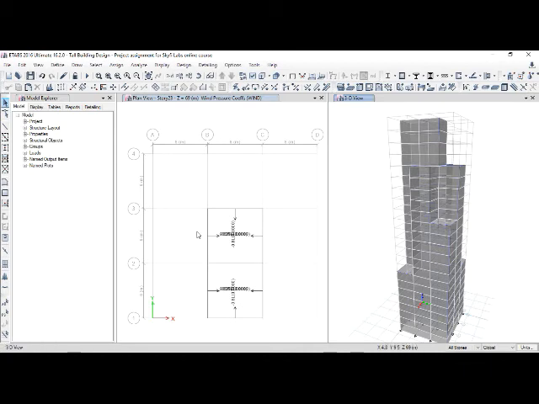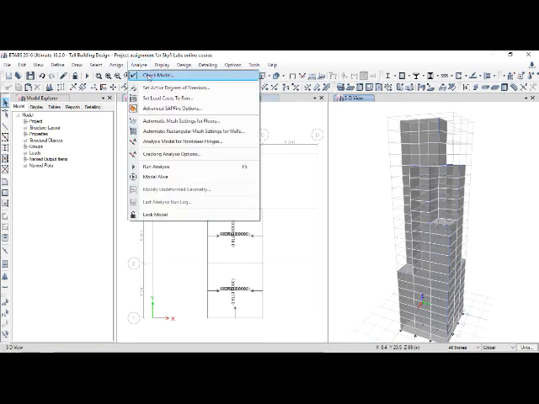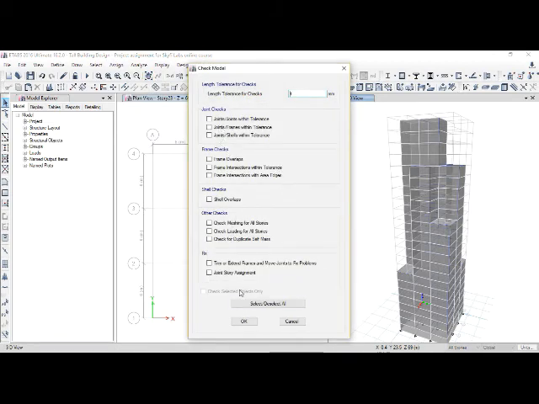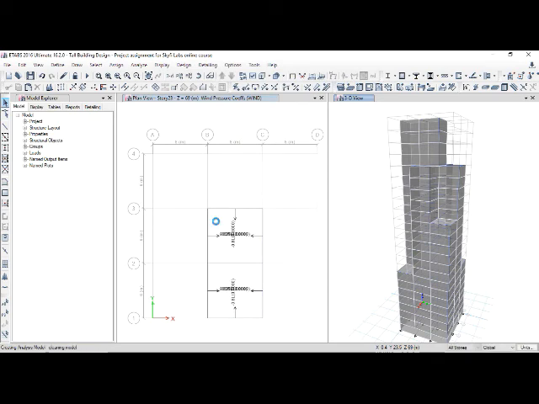Now we'll try to check the model whether it is correct. We'll go to assign, we'll go to analyze and check model and select all the options, and we'll check whether whatever we have modeled is right according to the stability considerations or not.